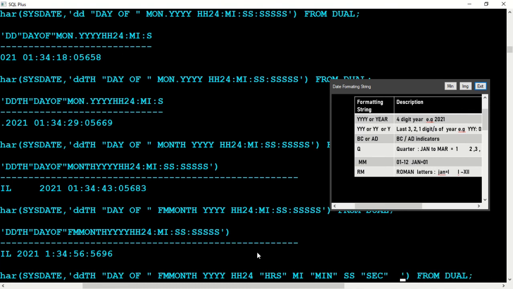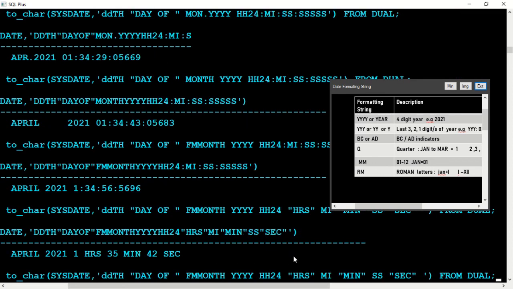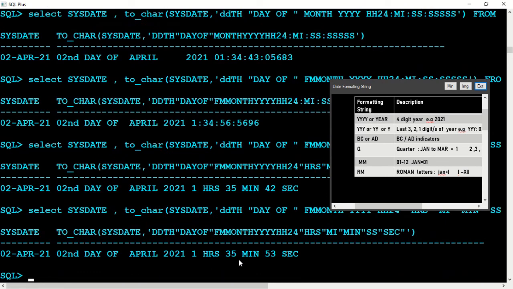This midnight second we don't want, so I removed it. Press enter. So 22nd day of April 2021, 1 hours 35 minutes and 42 seconds. If you press again, 1 hour 35 minutes 52 seconds, right? So on, the seconds keep on changing.